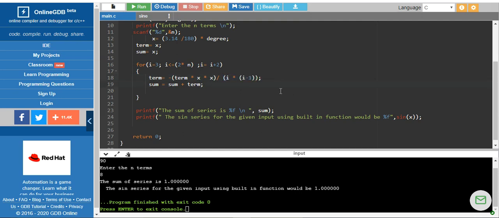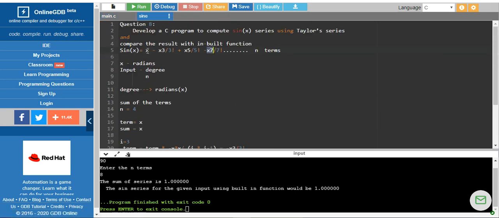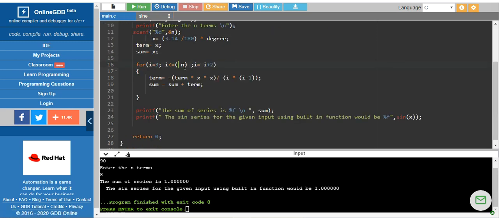Now another thing that we are supposed to notice, we are doing it twice the n times, because when I use only n, what happens? I have taken 5 terms, which means first term, second term, third term, fourth term, fifth term. It means till x to the power of 9 I am supposed to do. When I consider only n, since we are starting from 3, it goes 3, 4, 5, 6 and 7, and it will stop. It will not go to the next term.